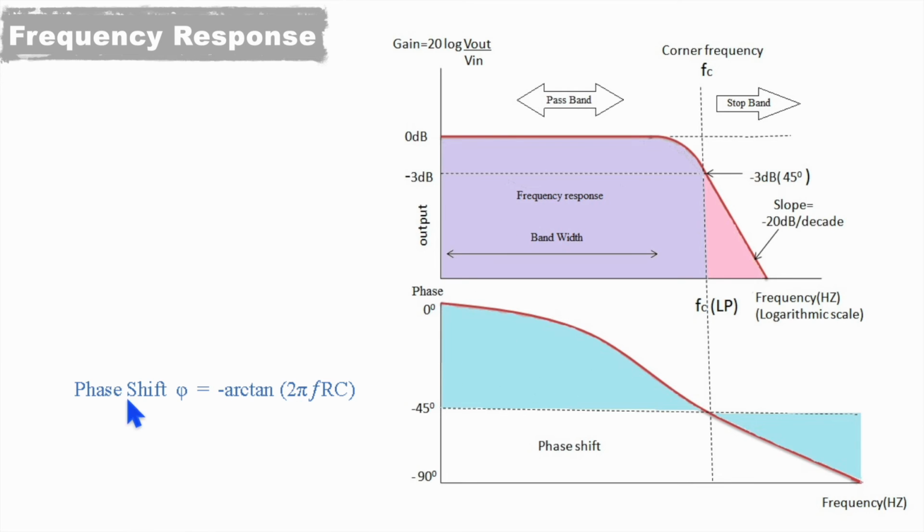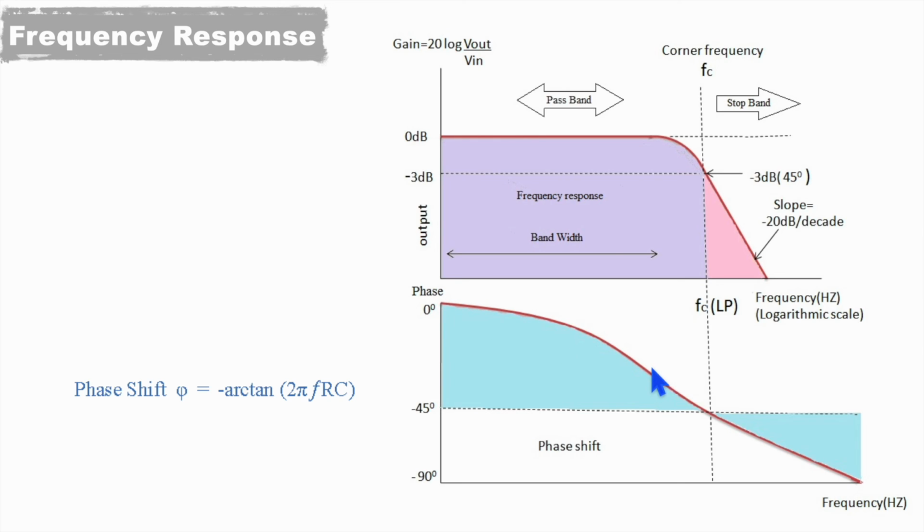The phase shift phi equals minus arctan, or tan inverse, of 2 pi fRC. So for the signal with frequency 0 it will give minus tan inverse 0, which is 0 degrees. So for lesser frequency, phase shift will be very small,